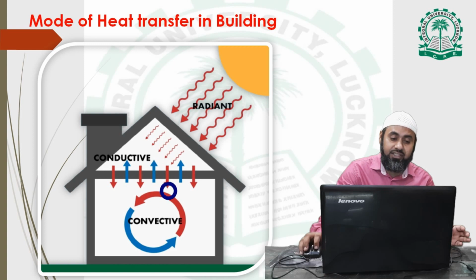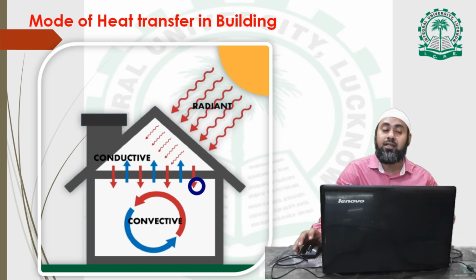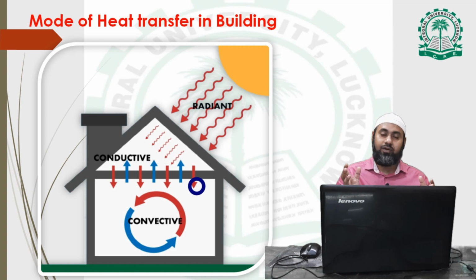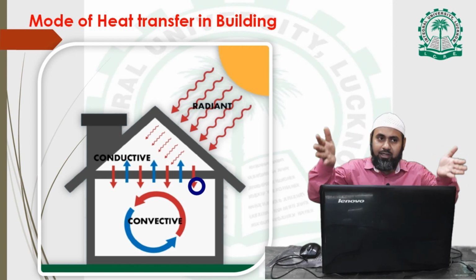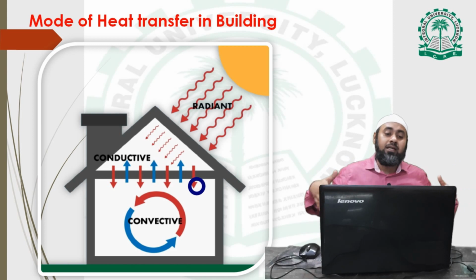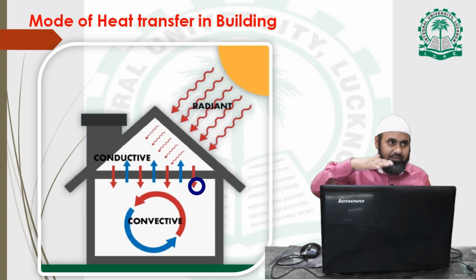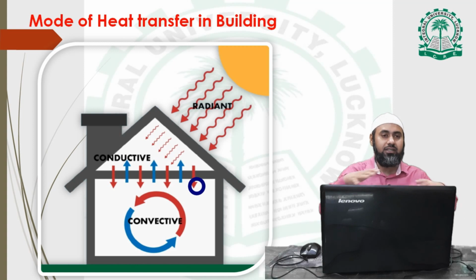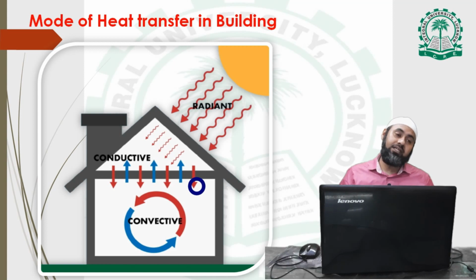Once the heat reaches this space, then with the help of air available in the room, whether it is natural air or air supplied by the fan, this heat will be spread over the overall space of the building, whatever the space is, that might be a room, hall, or lobby. All the heat, which is conductive heat transferred through conduction, will be spread with the help of air. This mode of transfer is called convective transfer or heat transfer through convection.